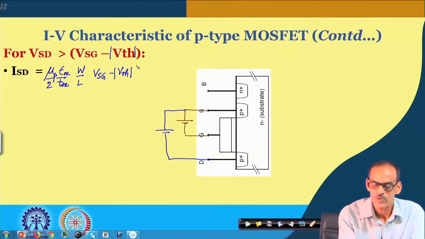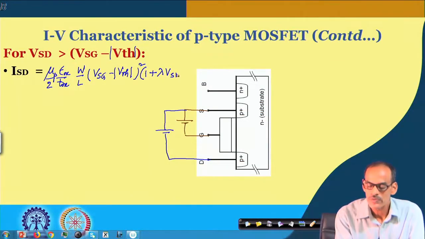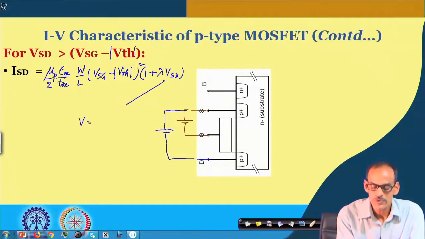I'll explain why we are taking mod whenever it comes to the situation, but for the time being assume that we are dealing with only the magnitude, and this multiplied by VSD. In fact, we should write VSD minus VSD sat,